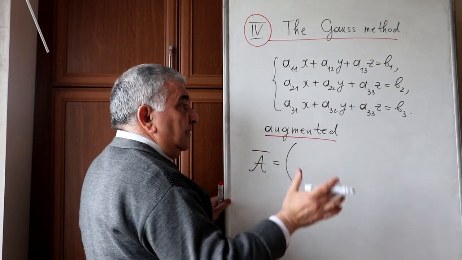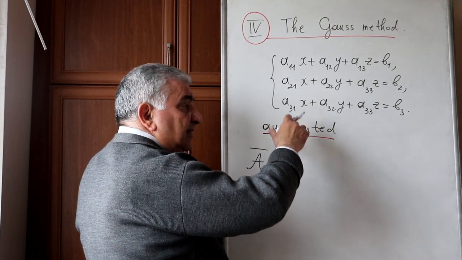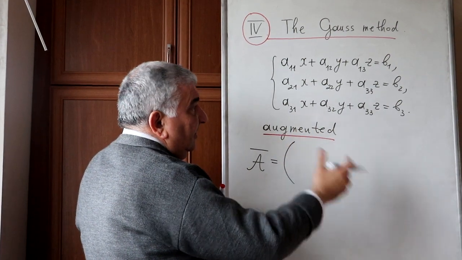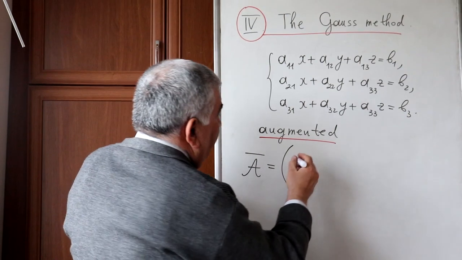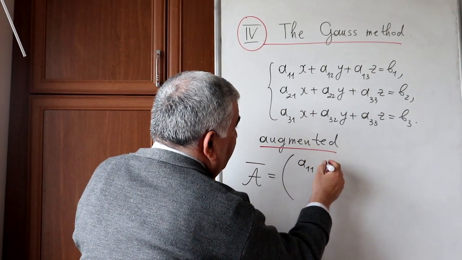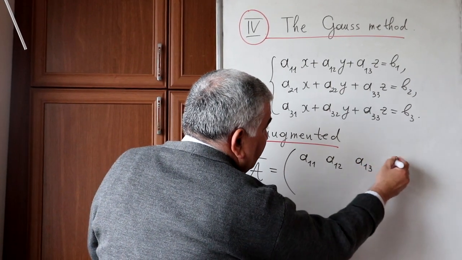Here the coefficients are written, and also the constant terms are written. A11, A12, A13, B1,